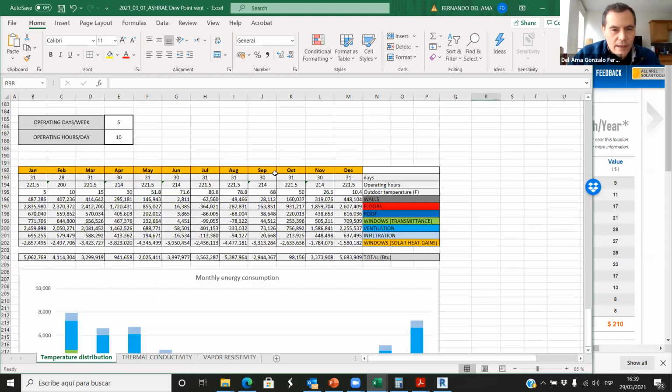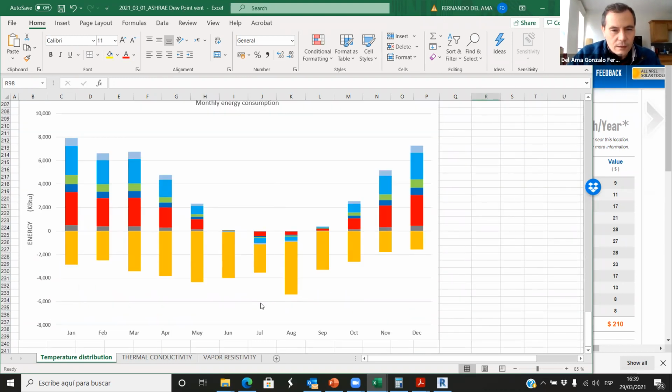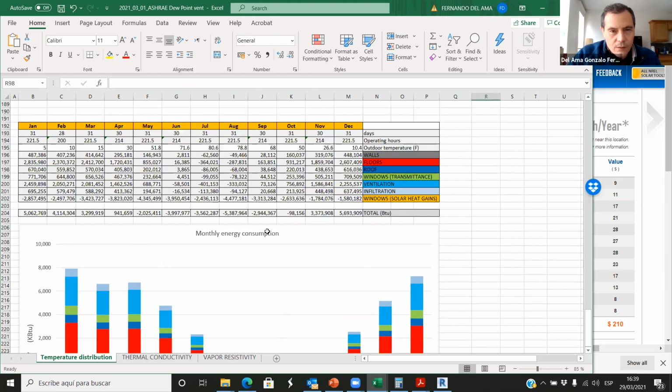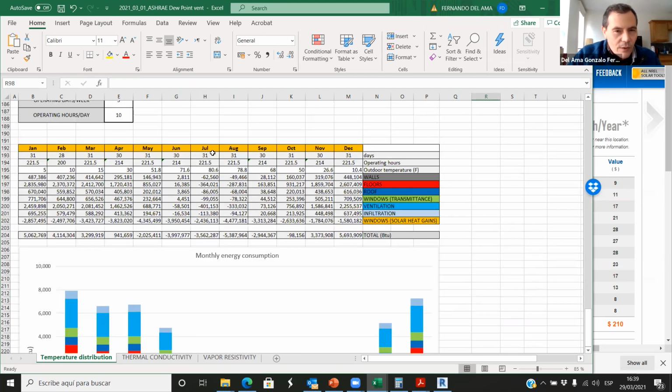So what happens in July is that we can have a lot of... where's July? Here. So in July, we have solar heat gains, and it is